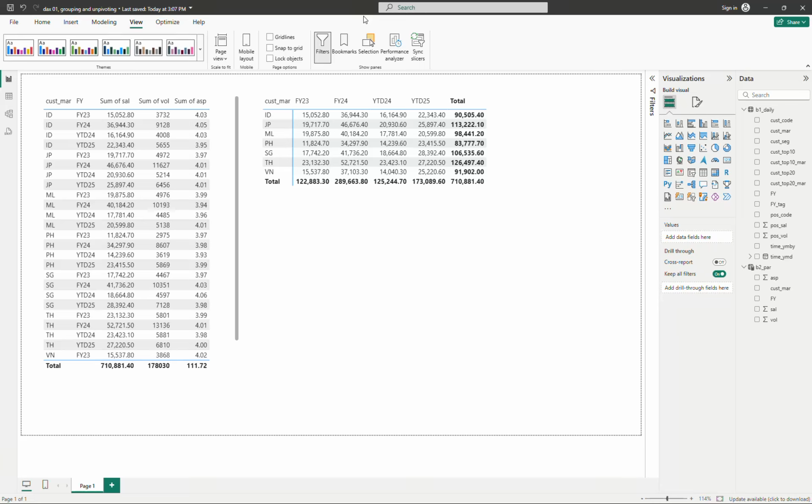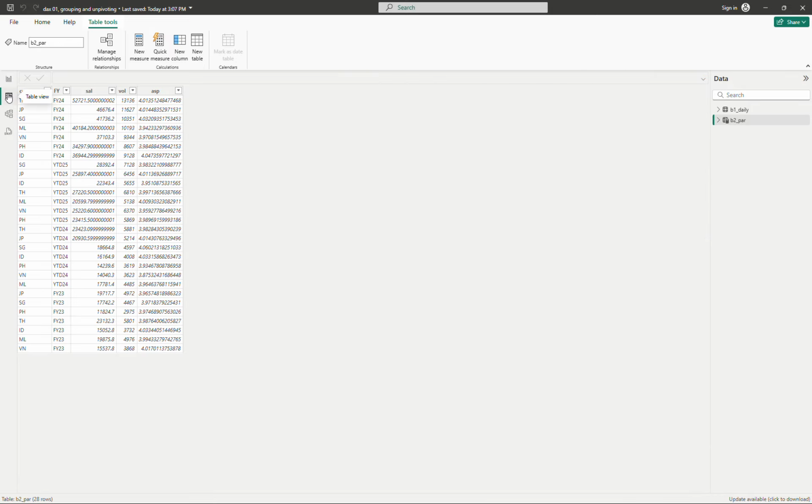Hi guys, we will talk a little bit more about DAX in this video. So the first one I would like to share with you is the unpivoting function. In Alteryx, in order to combine one, two, three column parameters column into one value